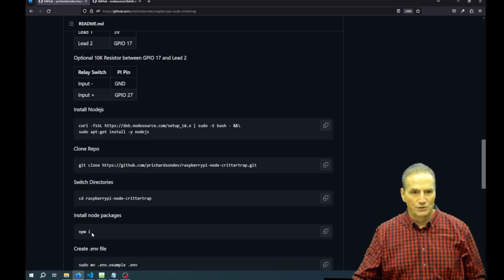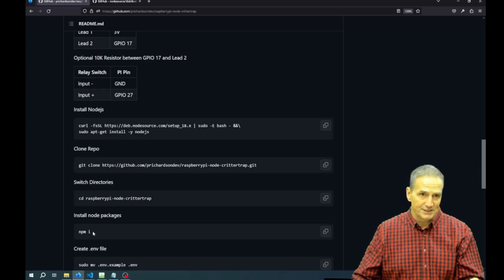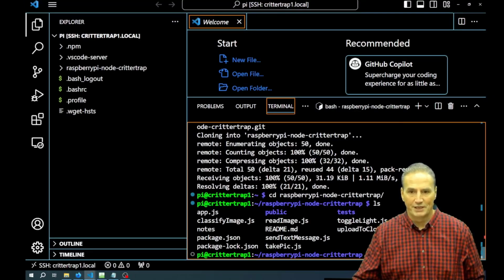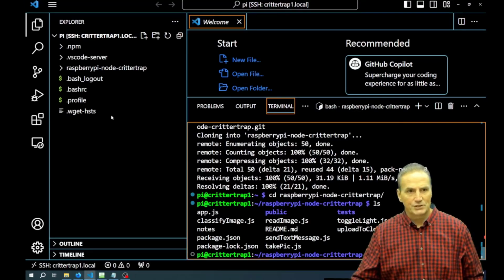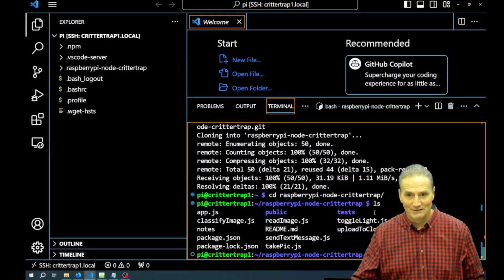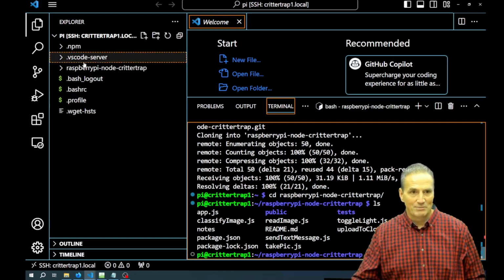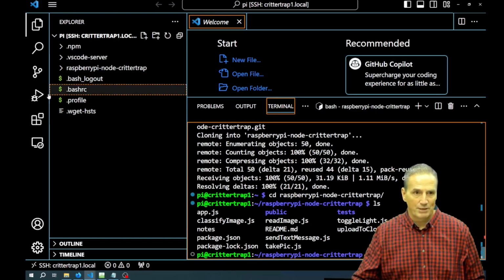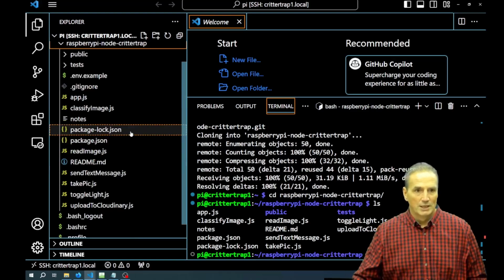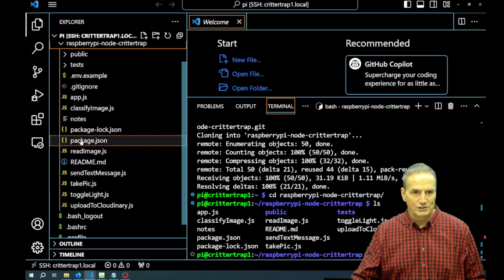right here. So we'll do an install to install our dependencies, and then we'll break and I'll start a whole new video. So what do I mean by install the dependencies? Well, if we look inside of our folder, you don't have to even do an ls, right? The nice thing about SSHing in from your Pi with Remote SSH, here are your files, so you can actually see them. But if you look inside of package.json,